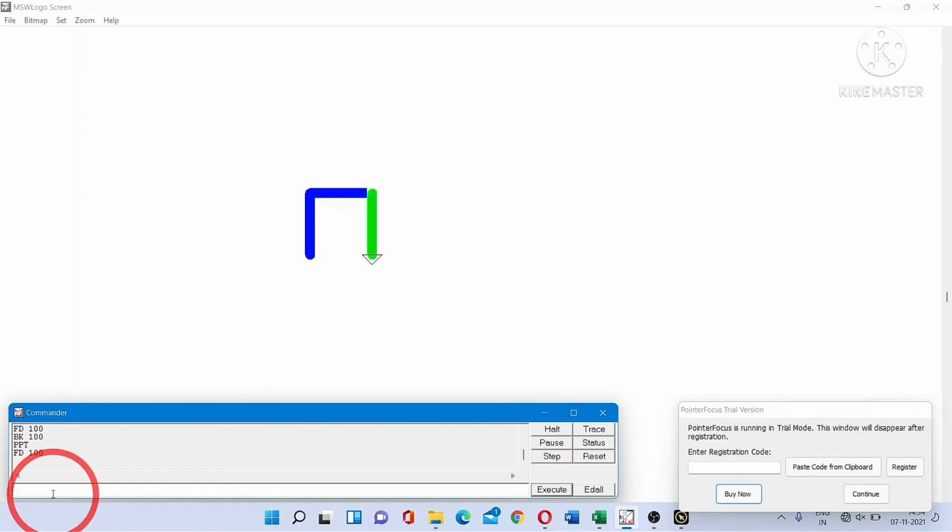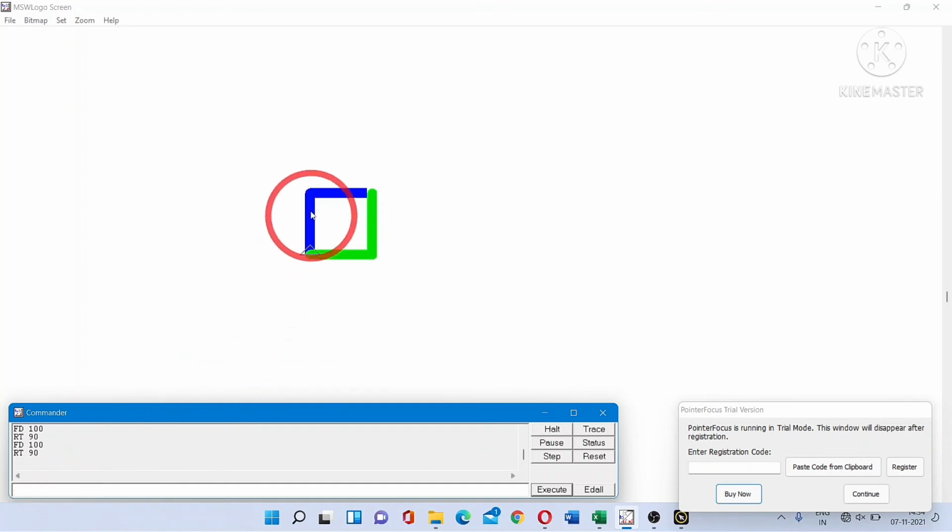We will type FD100. Now it will draw a line of 100 steps. We have seen that after using the pen erase command, we can't draw a line without using the PPT command.